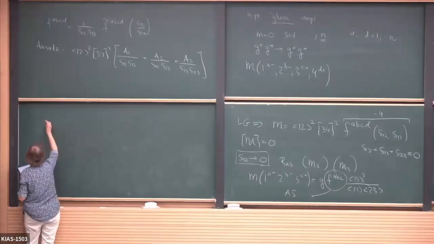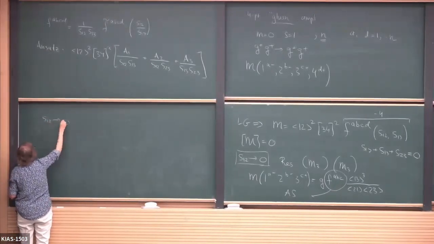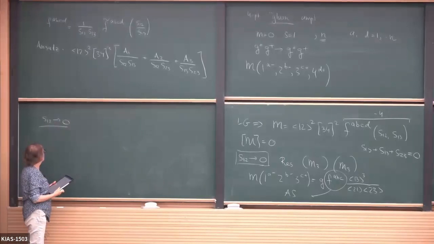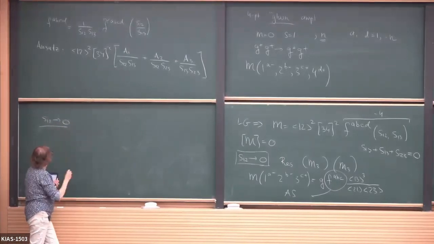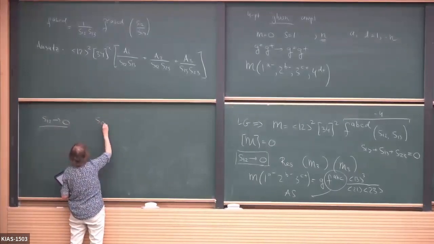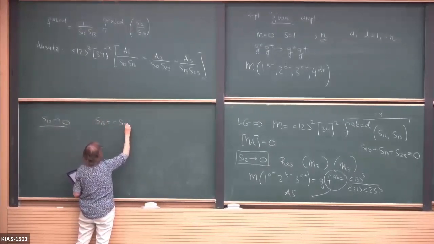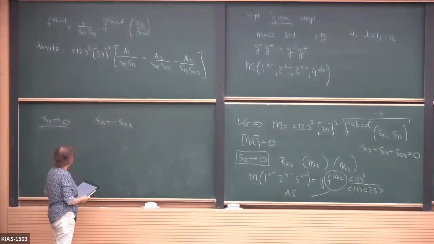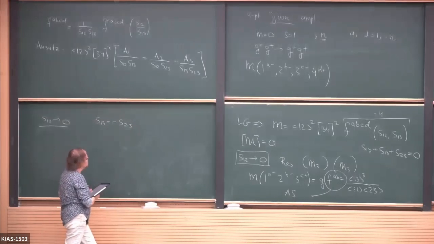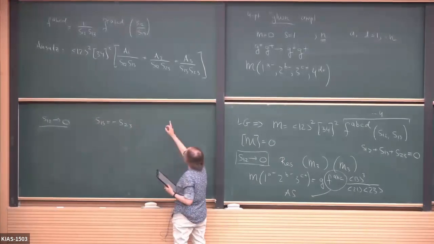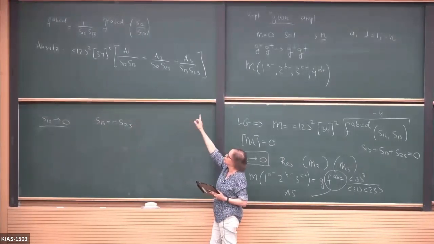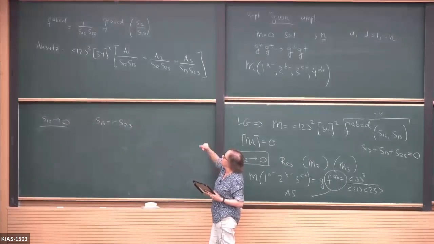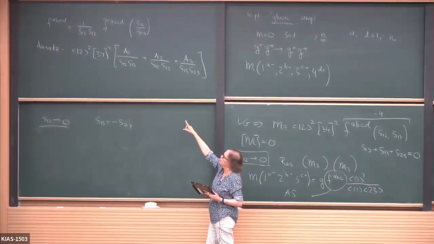And let's again start from the S12 pole. So S12 goes to 0. So when S12 goes to 0, we have that S13 equals minus S23. And then you see that we have two terms there with S12 in the denominator. And the two terms appear with the opposite sign because one of them has an S13 and one of them